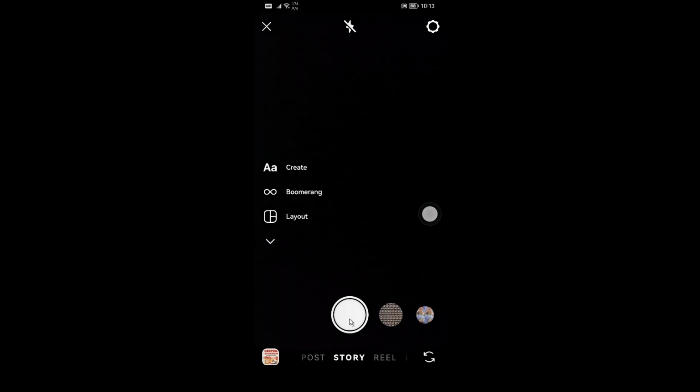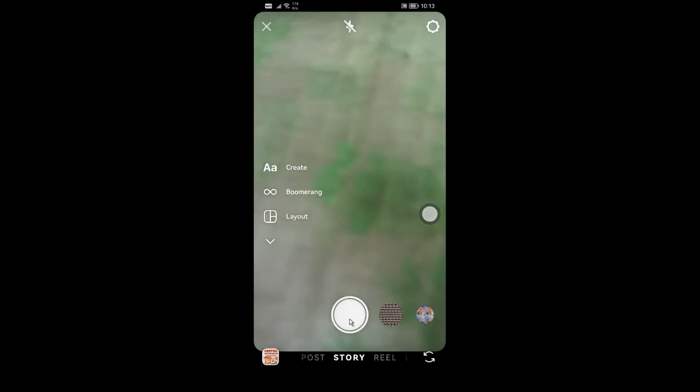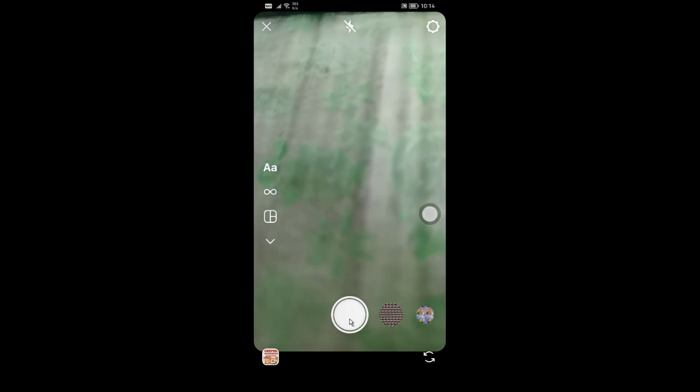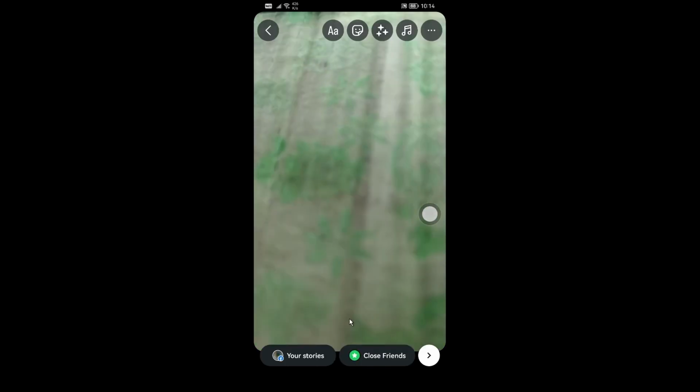After that, we're just going to take a picture. So this is just a random picture here. Basically, any picture could be okay. All right, there goes our picture. We're going to click these three dots here at the top, and then we're going to choose